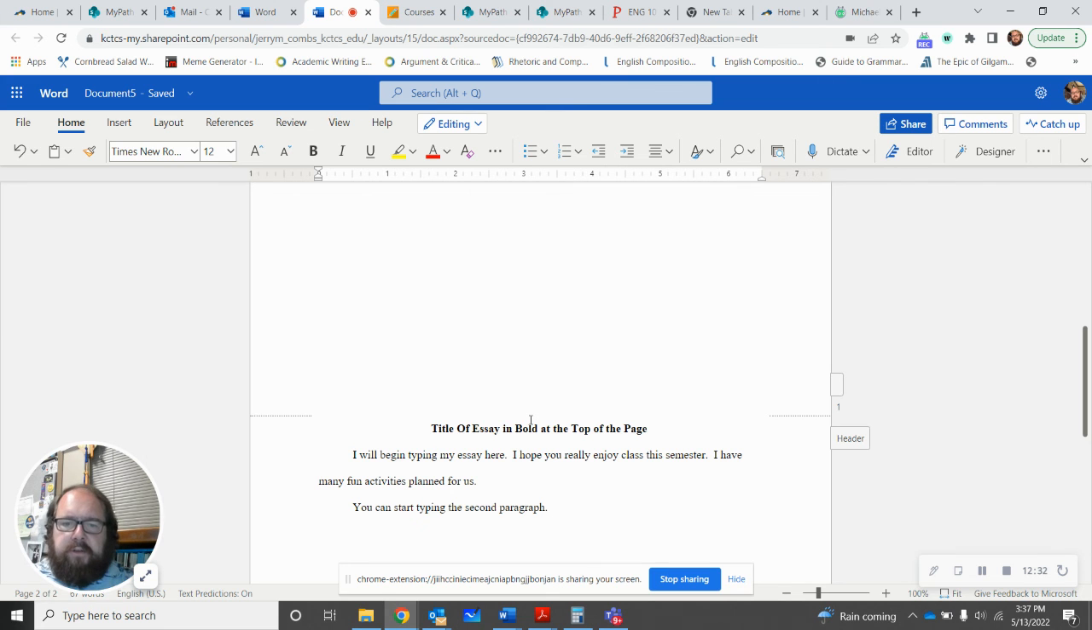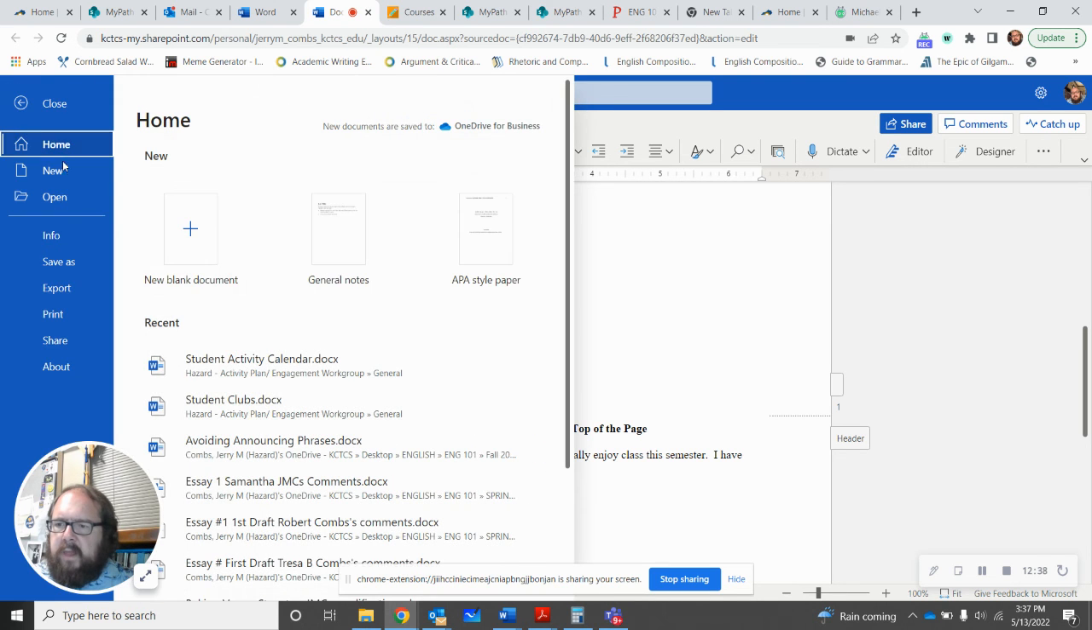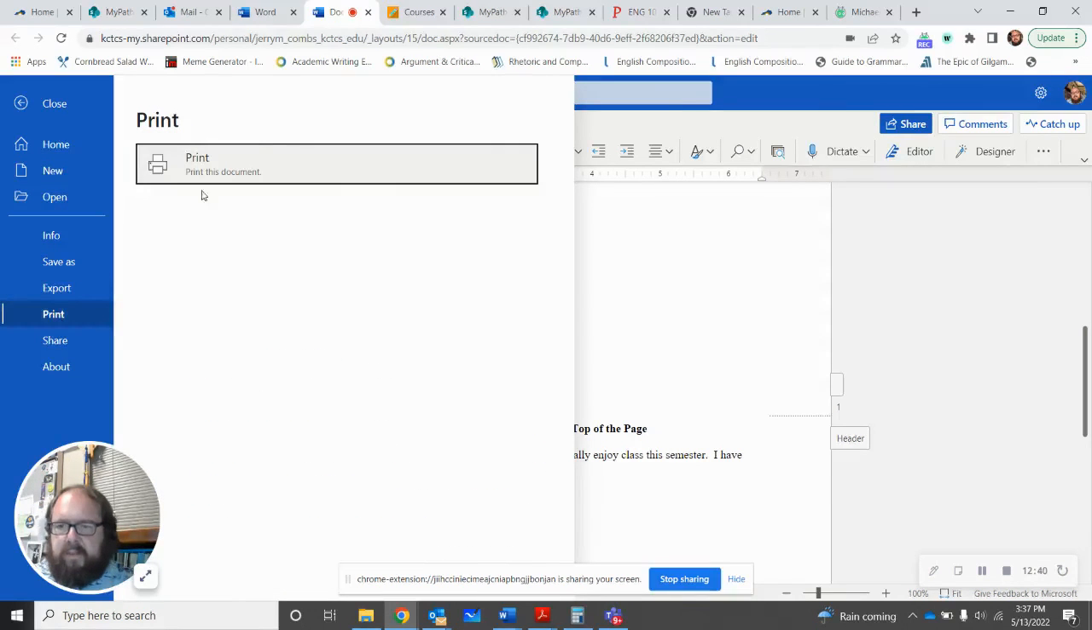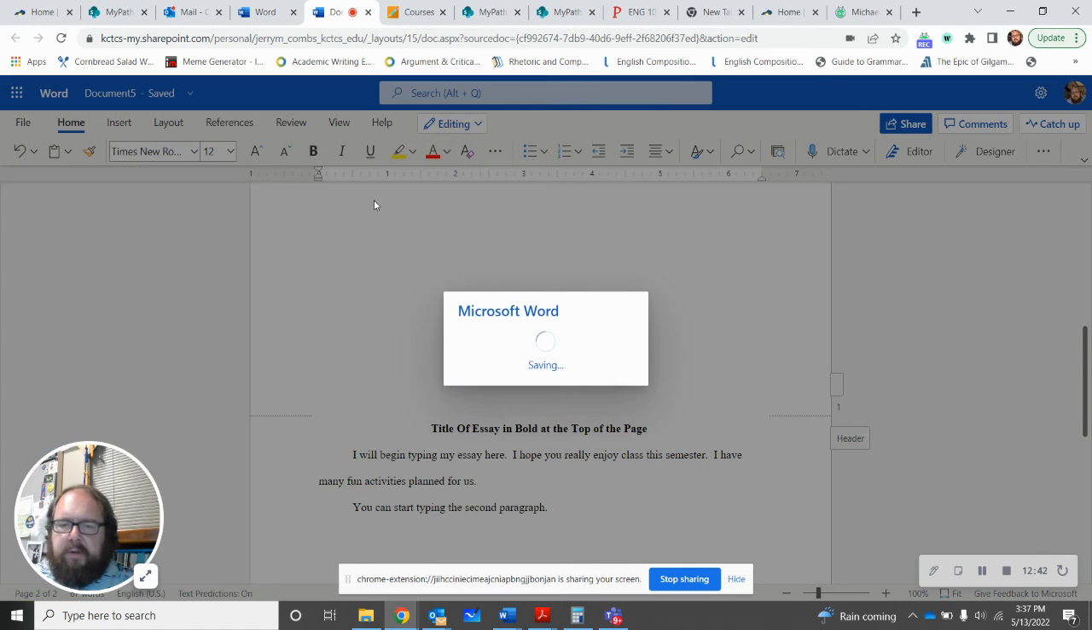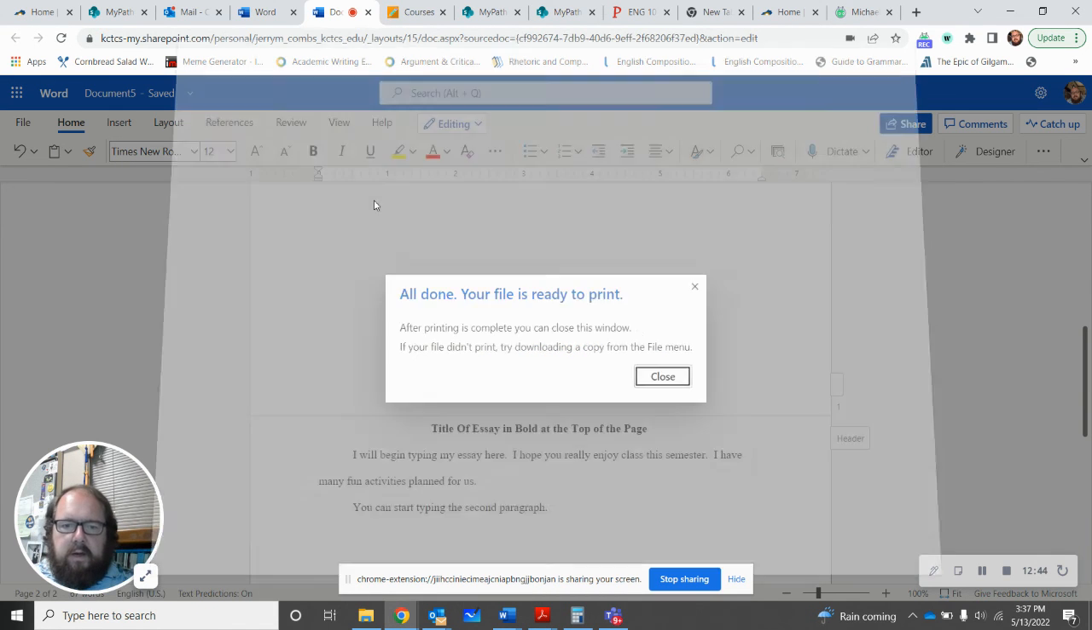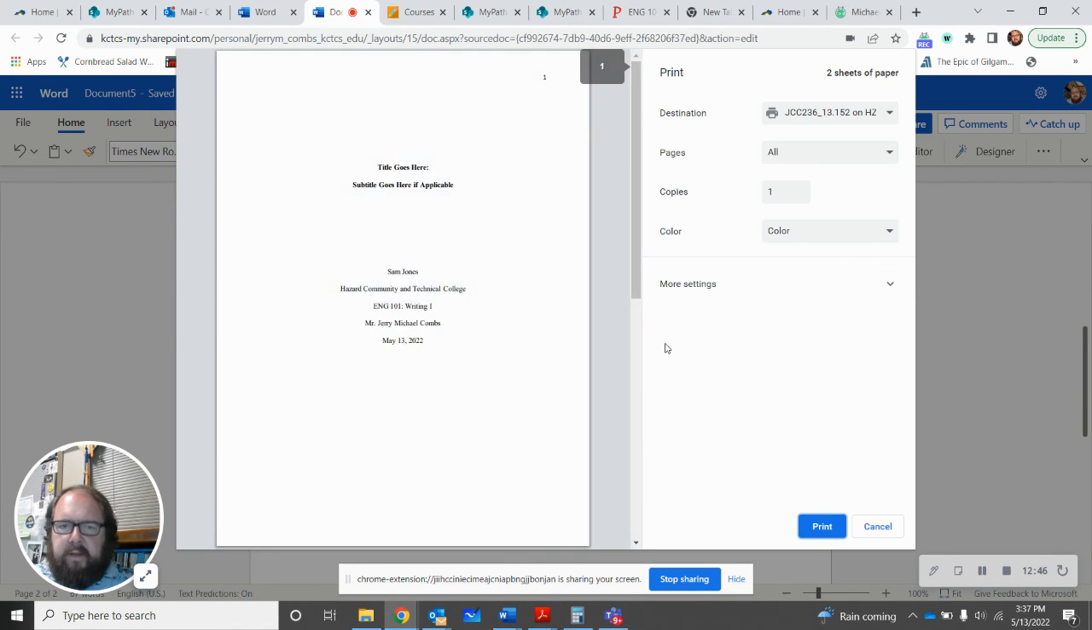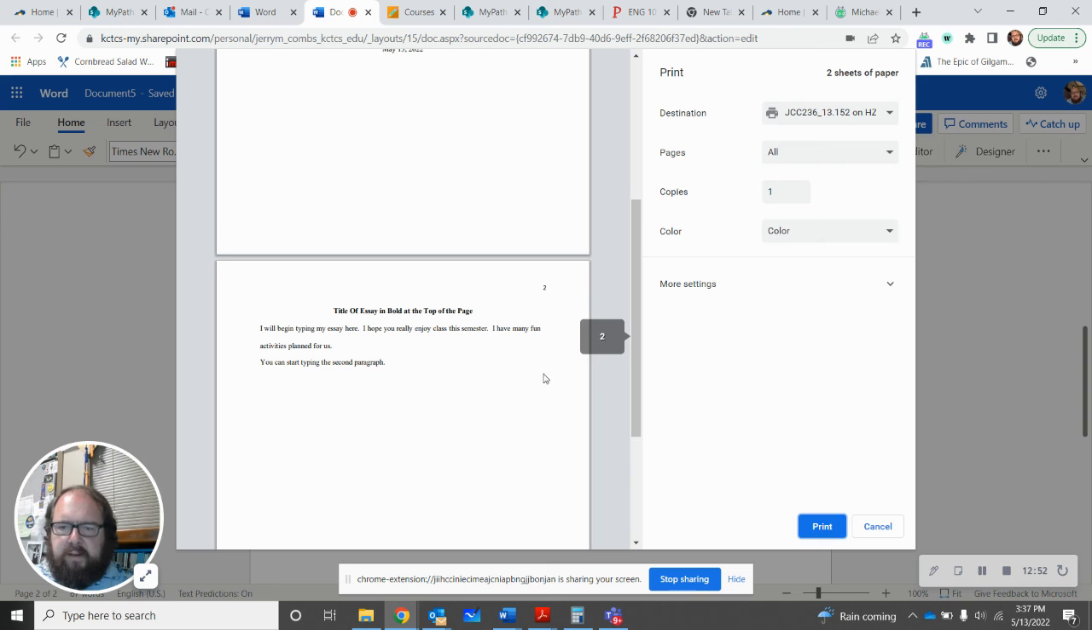And I just want to show you that this will, in fact, put your page numbers in. So I'm going to go to File, and I'm going to go to Print. And I'm going to print preview here. So it says the file is ready to print. So it gives me print preview, and you'll notice that your page number is there. If I go to page 2,